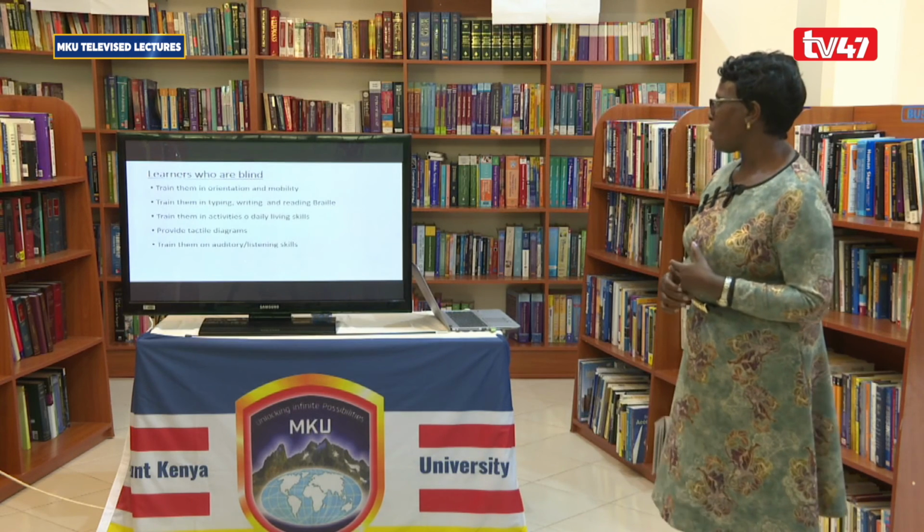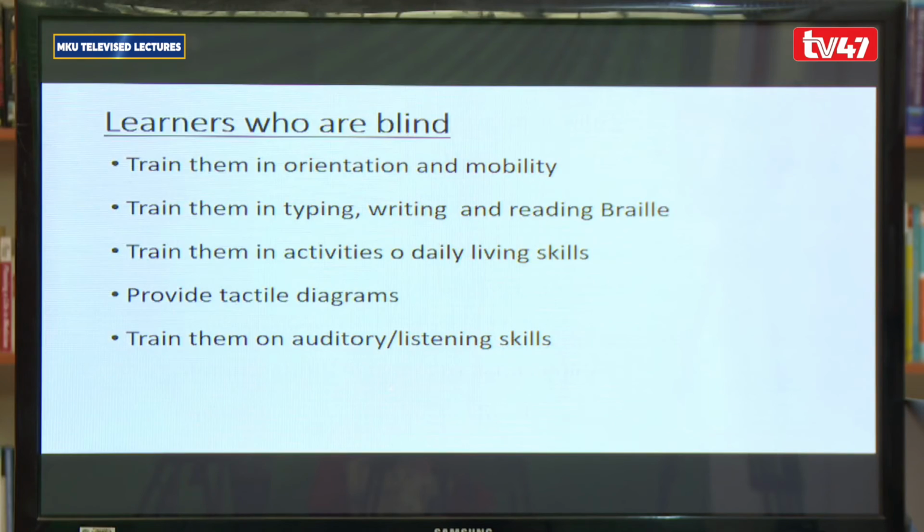What do we need to do for those who are blind? One, we train them in orientation and mobility. It is very, very important that we are making them be able to walk around on their own, understand their environment. That is orientation. That they are able to tell from this point to that point, how many steps do I need to make? Very important for them. And with the canes that help them walk around, they'll be able to manage within the school. Mobility also is now with the cane. Some may not even need the cane once they are trained in orientation and mobility, so that they are able to walk around and they know where they need to go at what time.